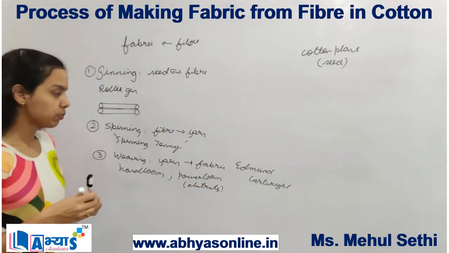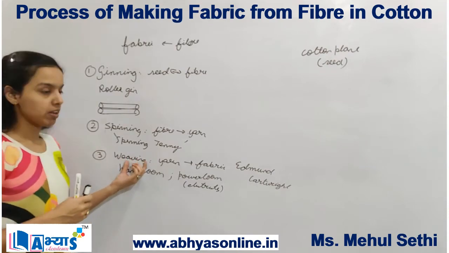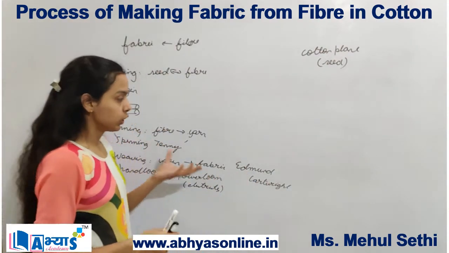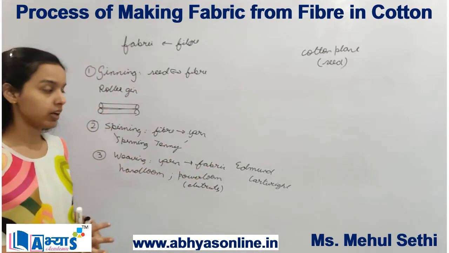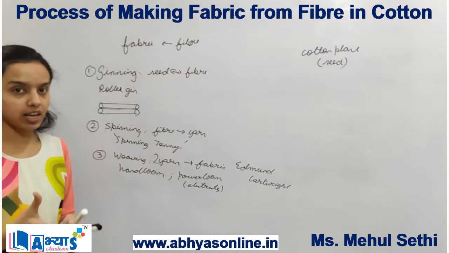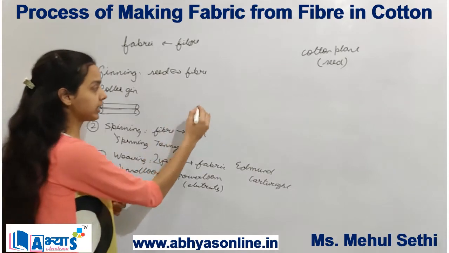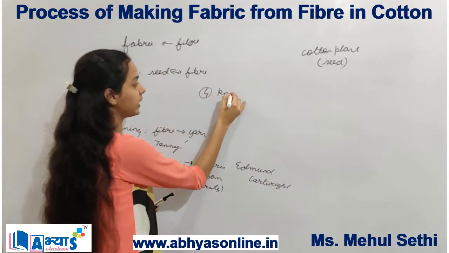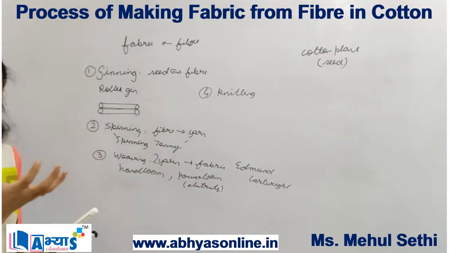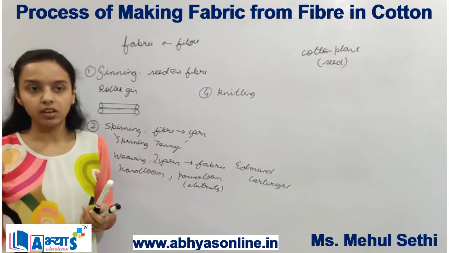So the machine of spinning is the spinning jenny, and the weaving machine was developed by Edmund Cartwright. Now we have obtained this fabric. In the process of weaving, we had two different yarns together, and with the help of machines we made them into a fabric. There is another process known as knitting. In the process of knitting, only one yarn, or similar types of yarn, are used to make a fabric.